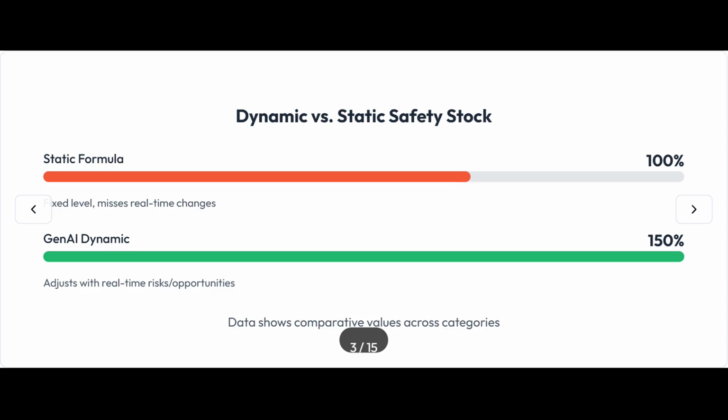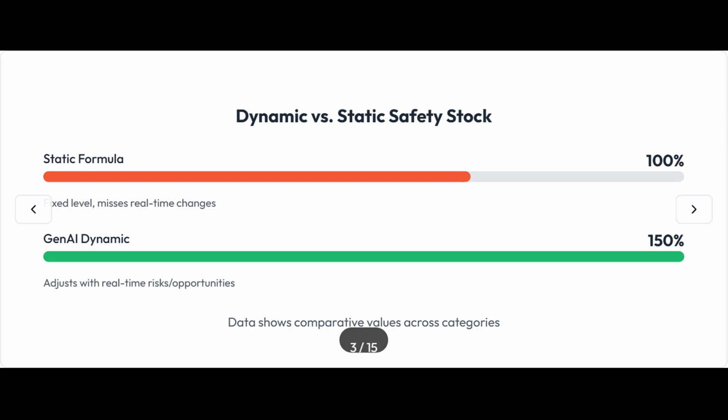Next, let's look at safety stock. Most companies use a standard formula for safety stock. This formula assumes customer demand and supplier lead time are stable. In the real world, they aren't. A reliable supplier might have production issues. A stable product might suddenly become popular. A static formula means you are either carrying too much inventory just in case or not enough to handle a